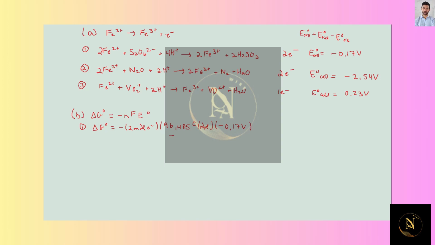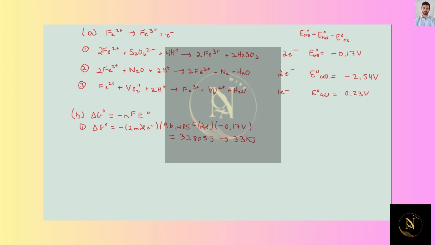And a negative times a negative, I get a positive, and coulombs times volts, I'm going to get joules. So I get here 32,805 joules, and I'm going to change that into kilojoules and round to 2 significant figures, so that's 33